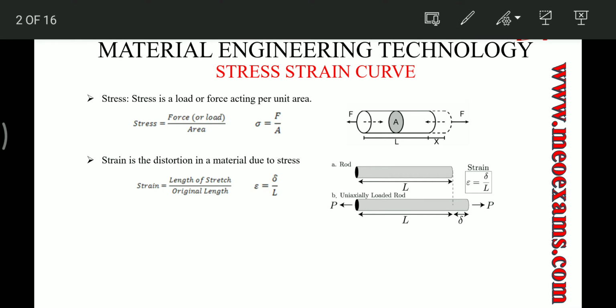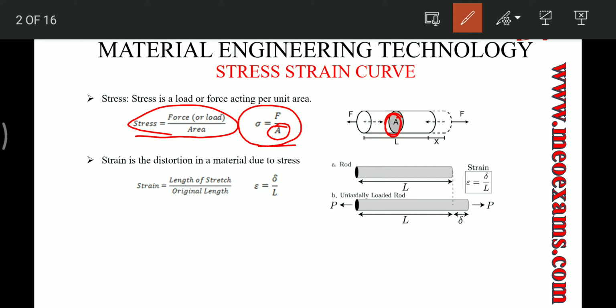So friends, before we go on to the stress strain curves, first see what stresses are. Stresses are basically the force acting per unit area. So this is the formula for the stresses. Over here in the formula, A is the area of cross section. If we are calculating the engineering stresses, then the area of cross section taken will be the original area of cross section, that is the initial area before application of the forces.